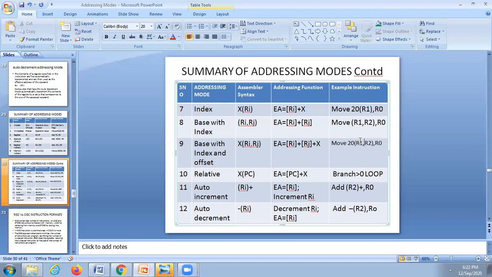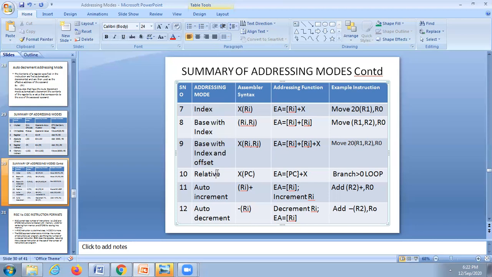Whatever is there in R1 plus whatever is there in R2, those R1, R2 contain the addresses. Those 2 addresses are to be added, plus 20 is to be added to that. That is called the effective address. Whatever content is there in that effective address, you retrieve it, and that is moved to R0.